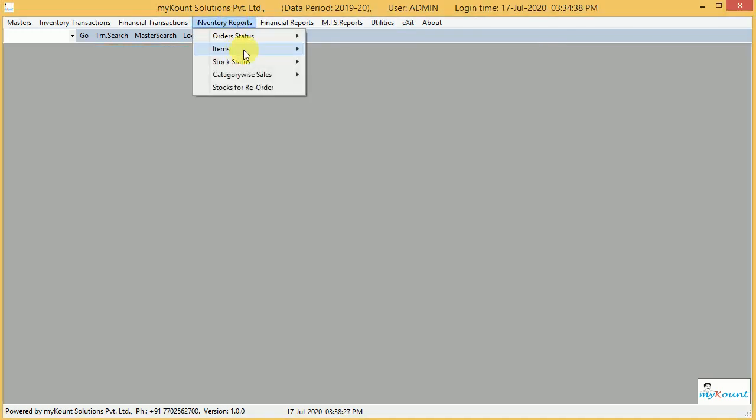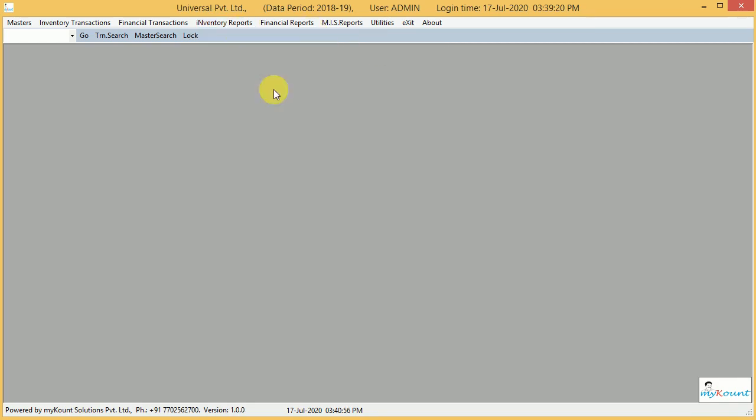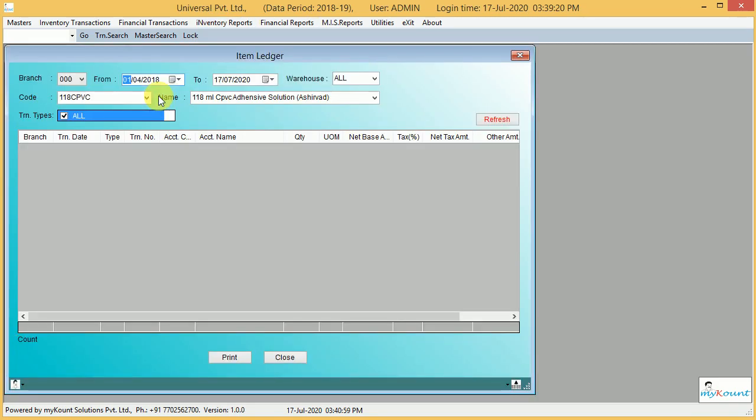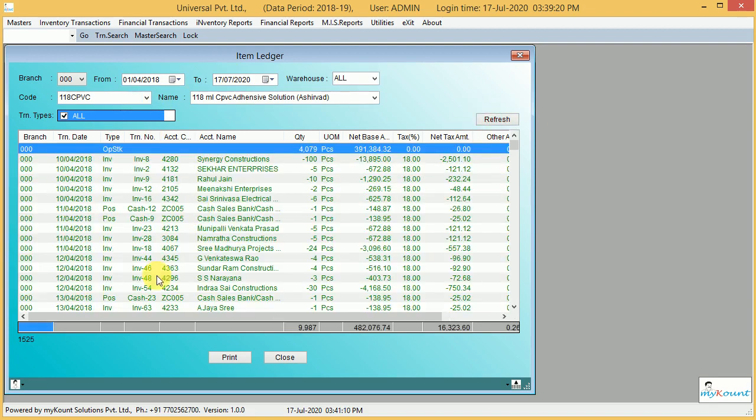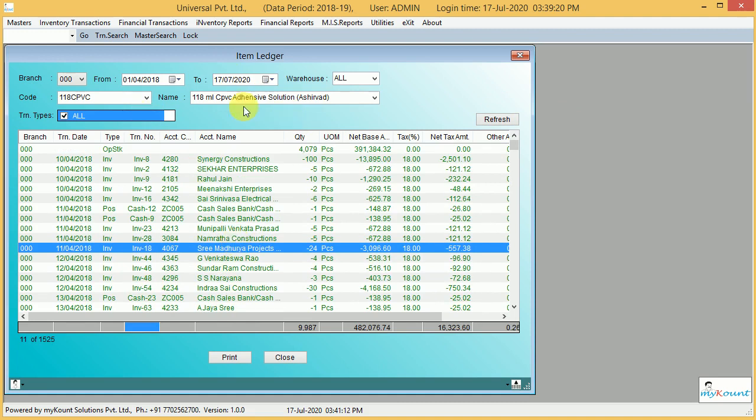Next, item ledger. So here select branch and transactions from date and to date. Next item, select refresh. So here these are all the transactions for this specific item, and here you can choose the transaction type.